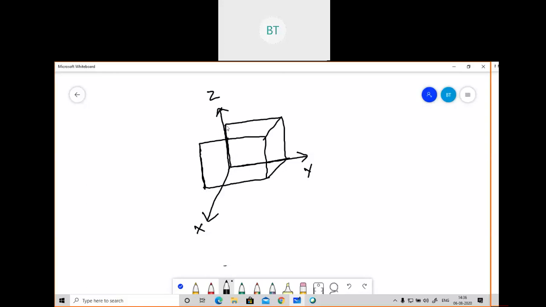I'm just making the figure so that you can understand it easily. So value of A was lying here, B was lying here, and C was lying here. And value of A was given as 1, B was given as 2, and C was given as 3. So this was the cuboid basically, and the question was to calculate the volume integration of divergence of the function, and the second part was to calculate the surface integration of the function. For surface integration of that function, you need to calculate every surface which you are looking at in this figure.